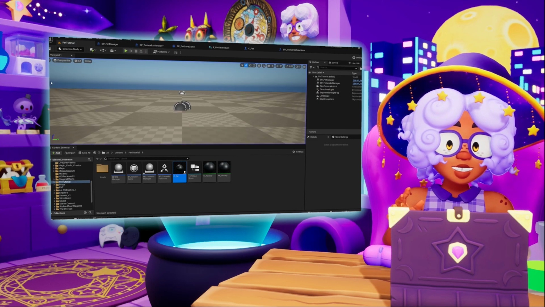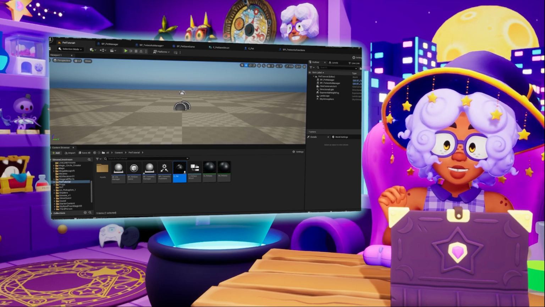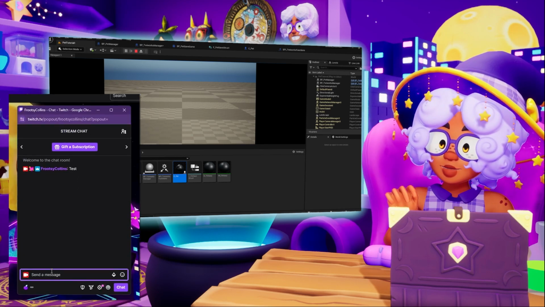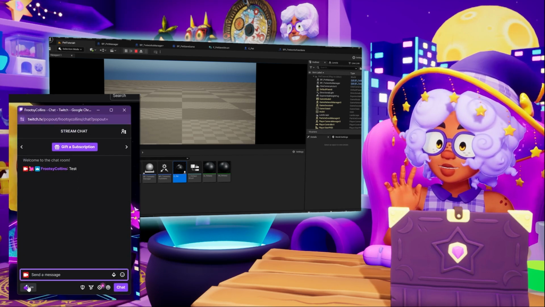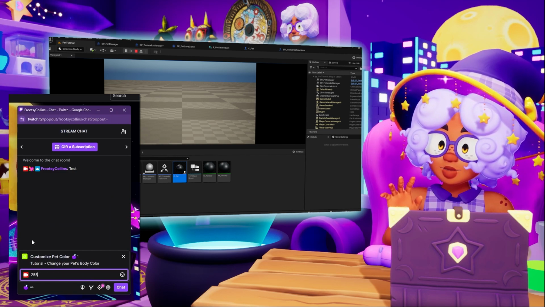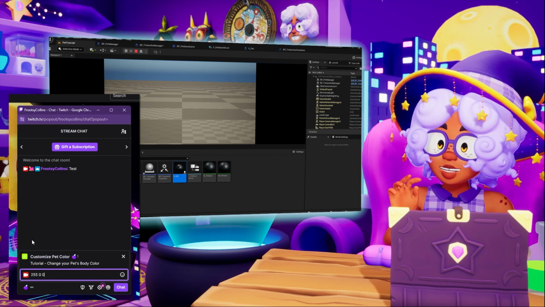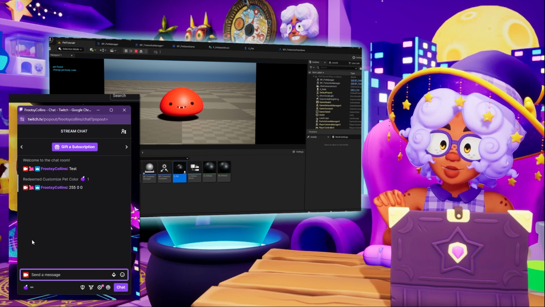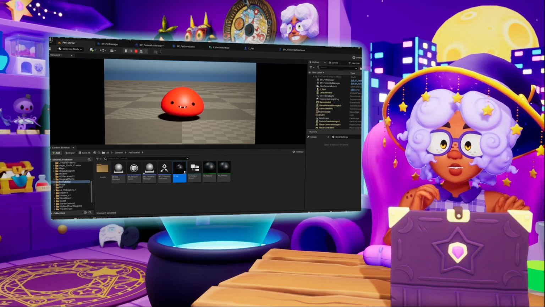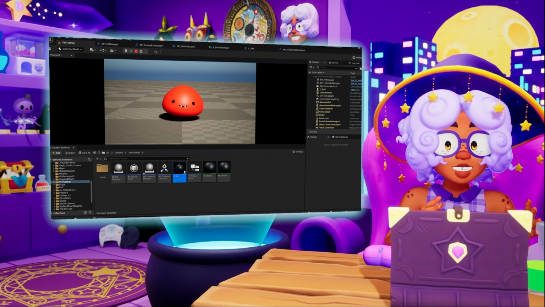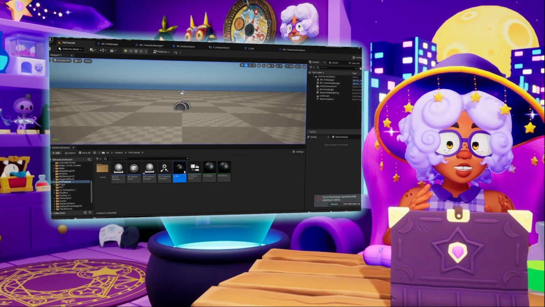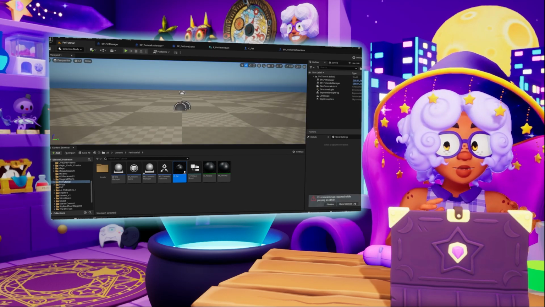All right, now that we've done all that, let's test out the color change redeem in our chat. So start your level up, go into your Twitch chat, and choose the redeem, and type in 3 number values for RGB. I'm going to do 255 0 0, and there we go, we changed our slime to red. So our final step is going to make it so that when we close the game, start it back up, and summon the pet again, it will come in with that red color that we set it to automatically.